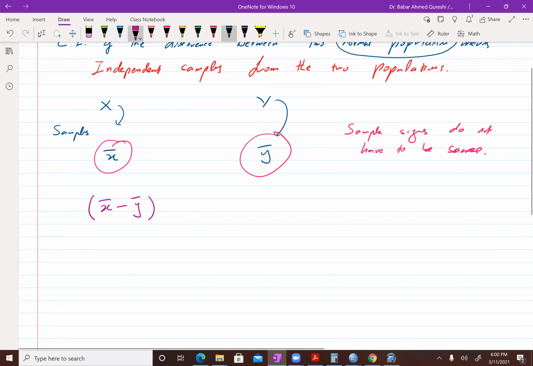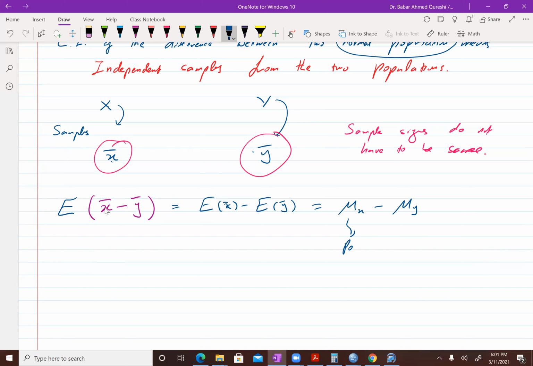Now the idea is that no matter what the sample size is, we know that both of these are random variables. I can compute the difference and take the expectation value. By the algebra of expectation values, which we know from your last course and discussed at the beginning of this course, it just breaks down. And these individual expectation values are just equal to the population means for the two populations.